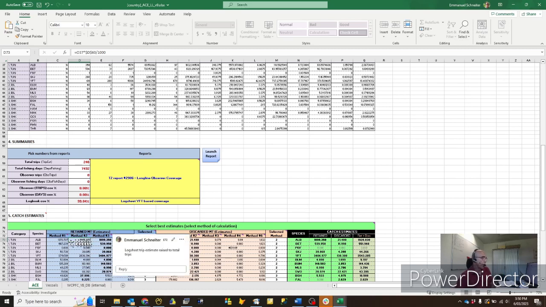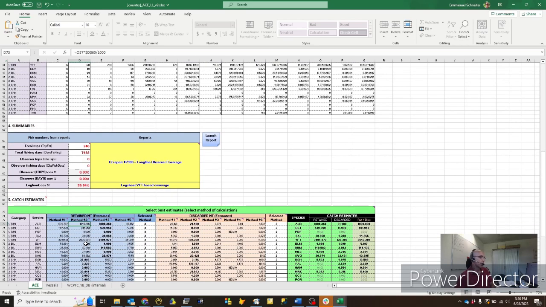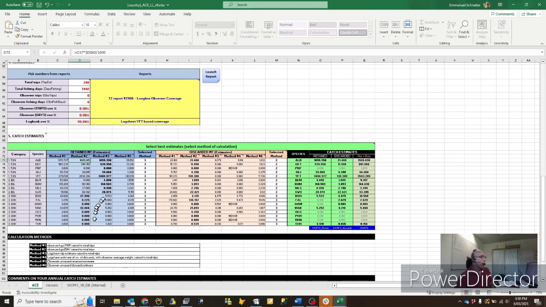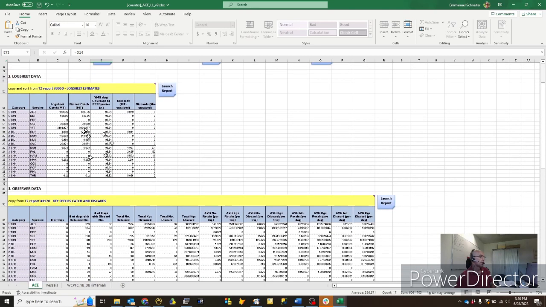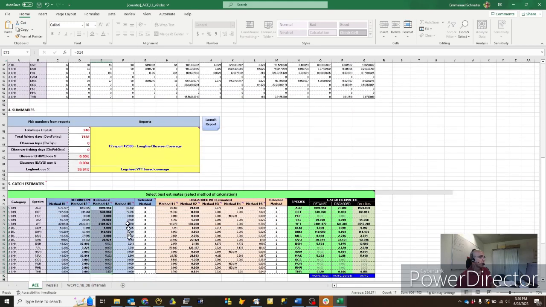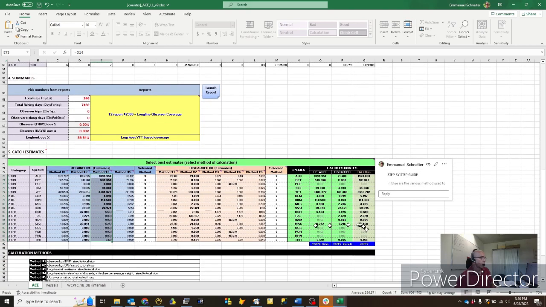So method number one and two are based on observer data, while method number three is based on logsheet trip estimates. So basically what it does here is to take whatever has been recorded in the logsheet table, okay, but taking the raised catch. So this is it for method number three,